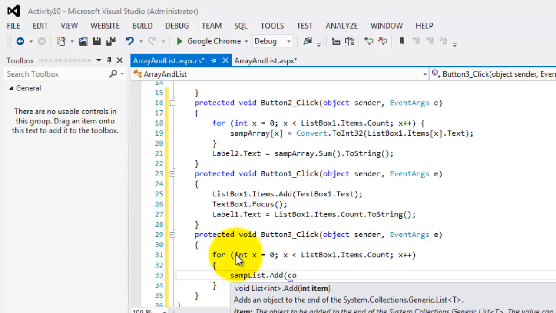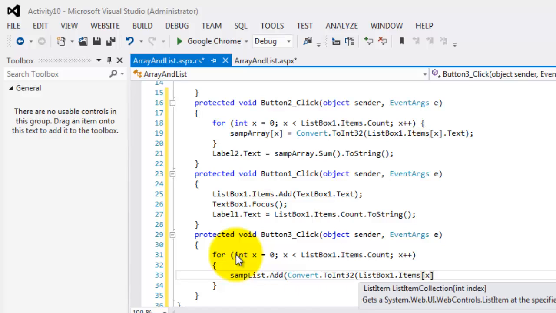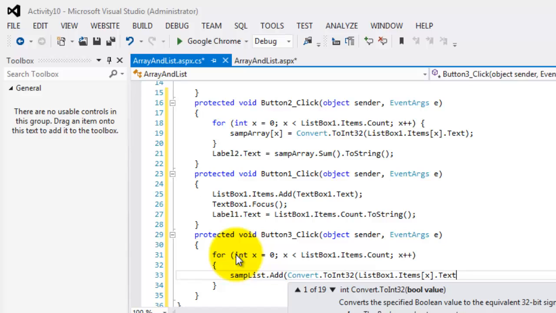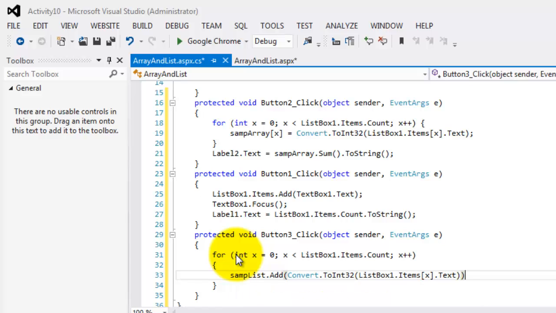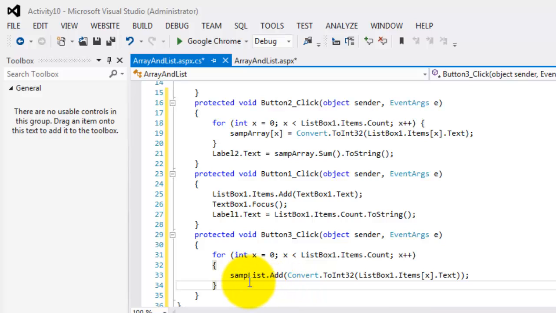And then we will convert to Int32 the items in ListBox1.Items. Here, we will still be needing the referencing x.Text. Correct. So that's it. Using Add, we were able to add in our sample list all the items